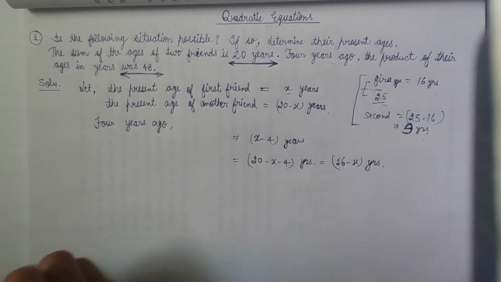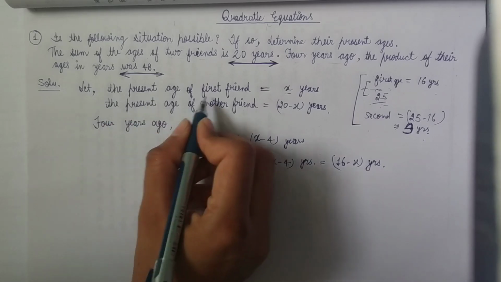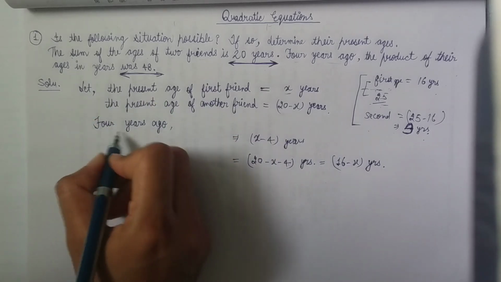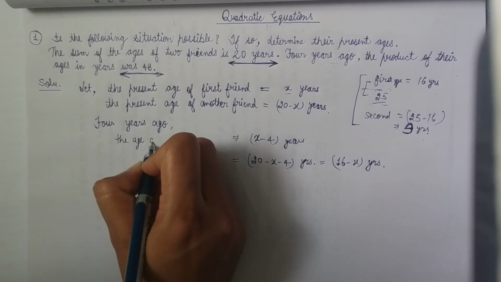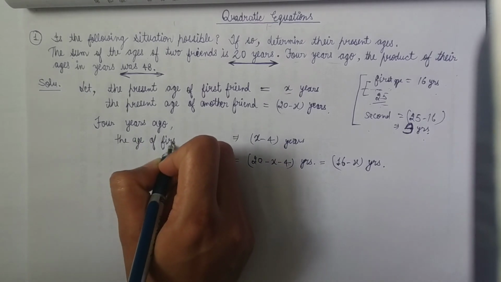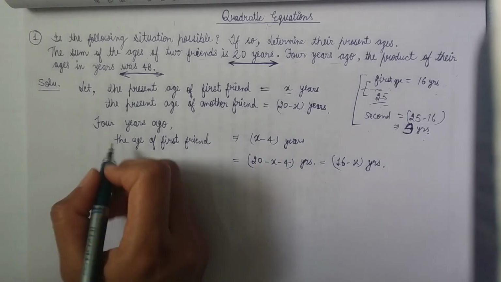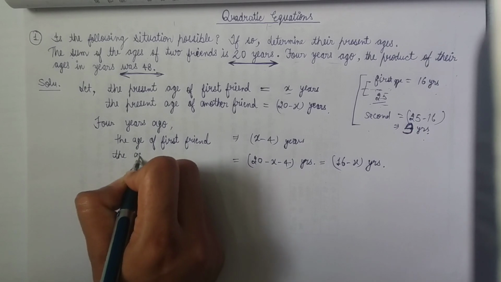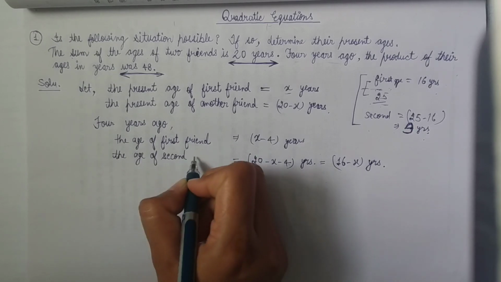This question is very simple because we have taken this type of questions in previous classes. So we can write here: 4 years ago, the age of the first friend is equal to x minus 4, and the age of the second friend,